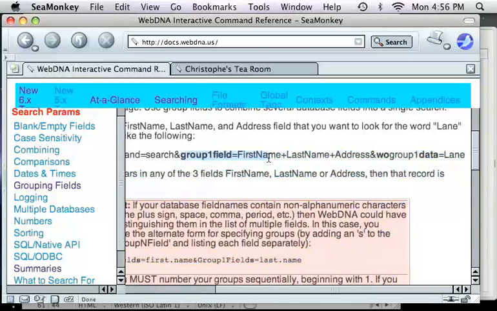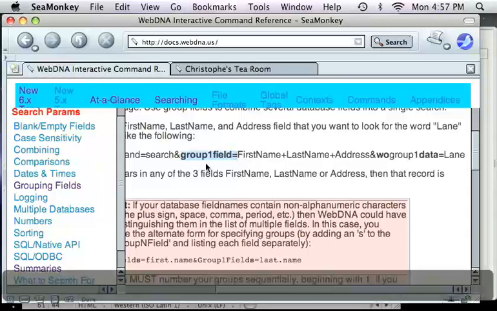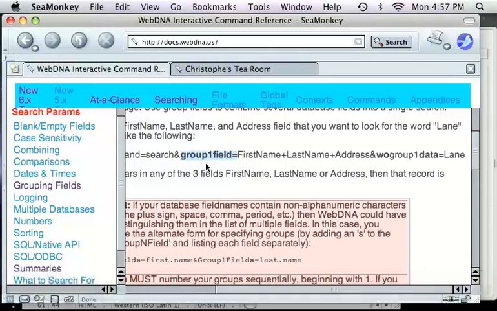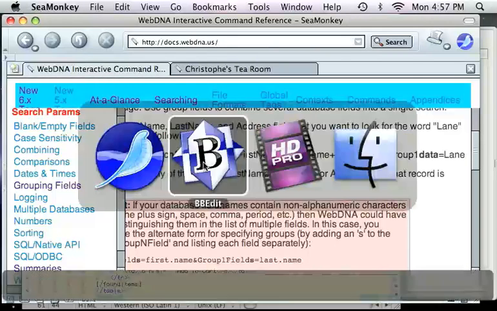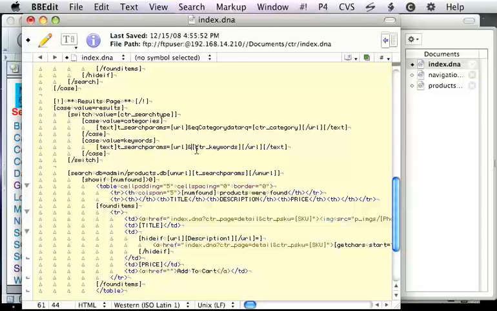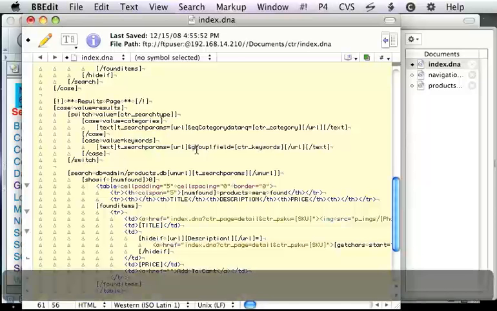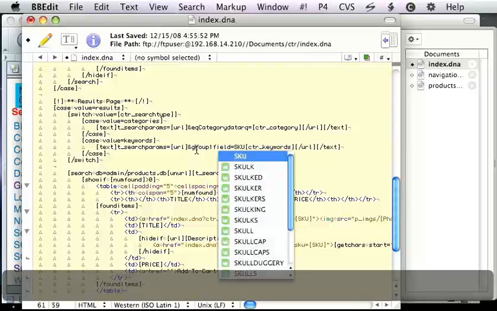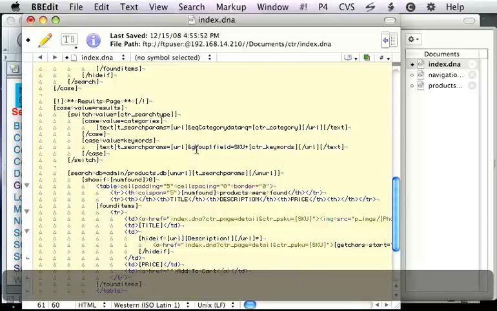So I'm going to grab this syntax right here. By the way, this is a function in WebDNA that makes its search capability rival anybody's, Google, anybody, because it has very sophisticated search capability and weighting the results and eliminating duplicates. But the fact that you can group fields together like this, so we can take a keyword like tea cozy or something,